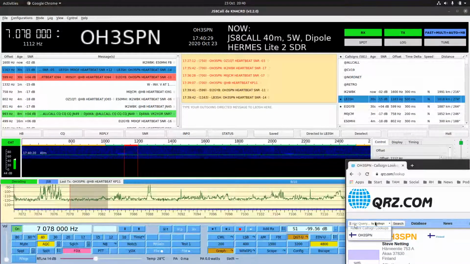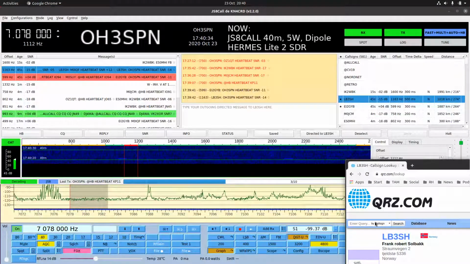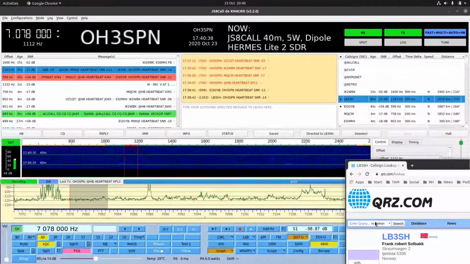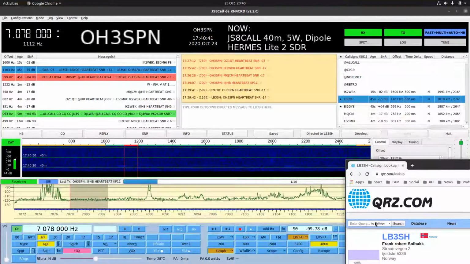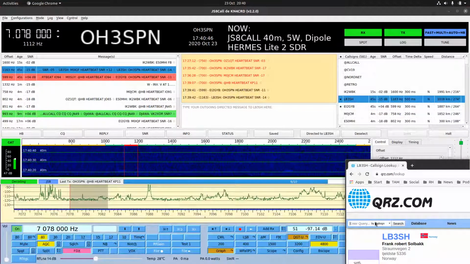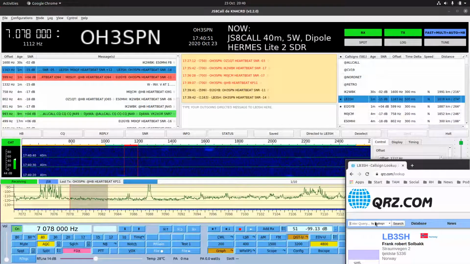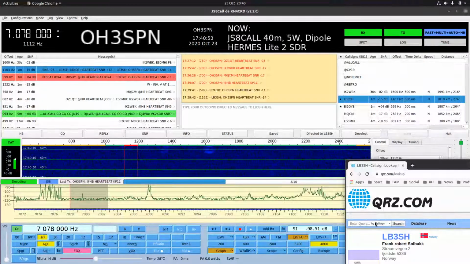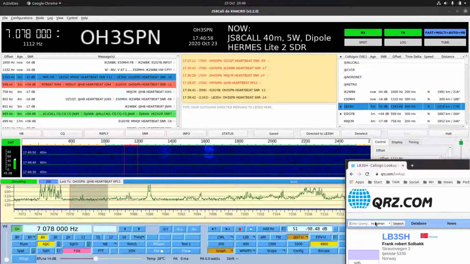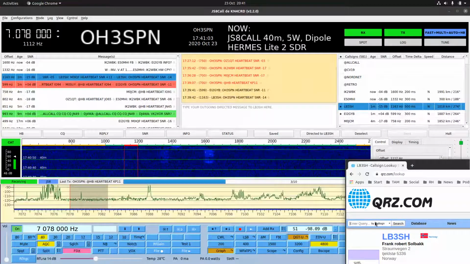LB3SH. Norway, okay. Fairly close. I'm in Finland, as you can guess by the call sign. Yeah, some of these calls still confuse me. I've been operating amateur radio for 10 years, roughly. And LB, I know LA. LA is Norway, but I see these call signs LB. It's only one letter different, and for a moment there, I'm thinking, where is LB? But